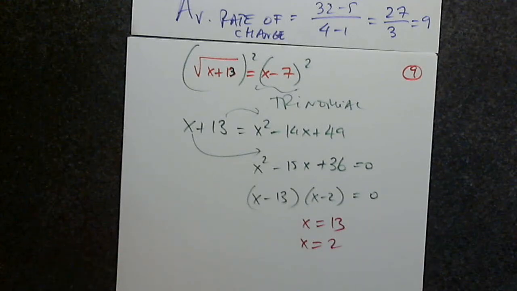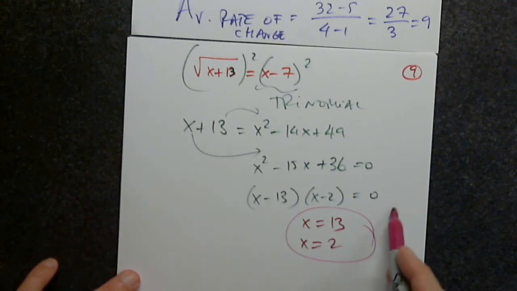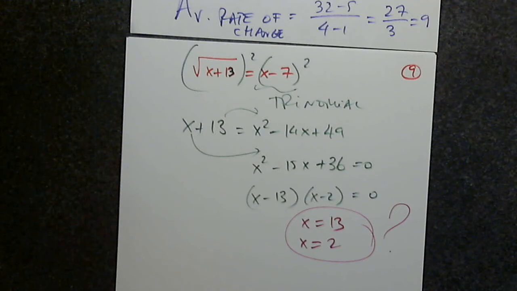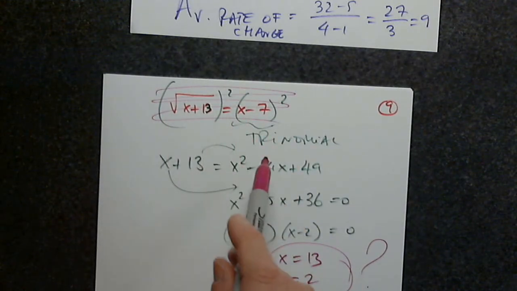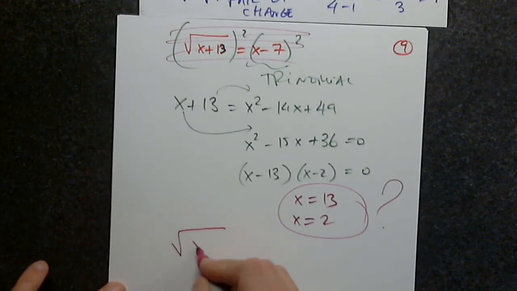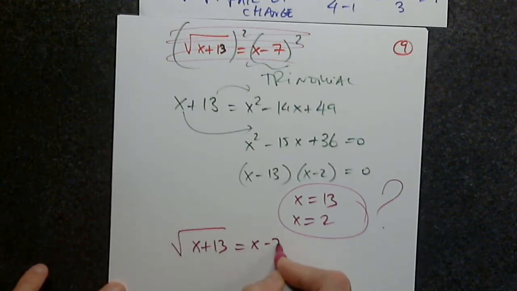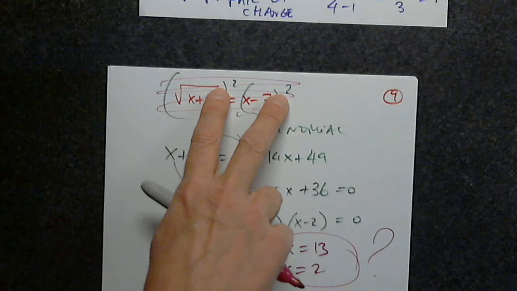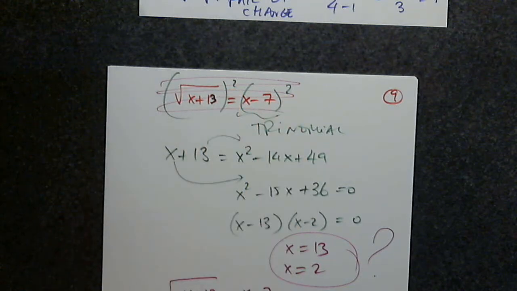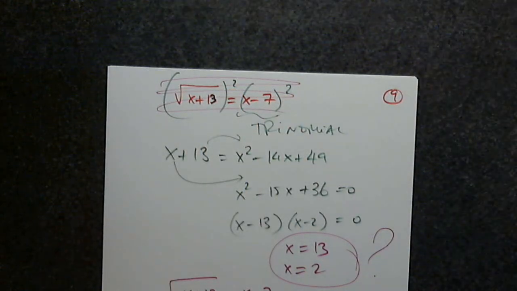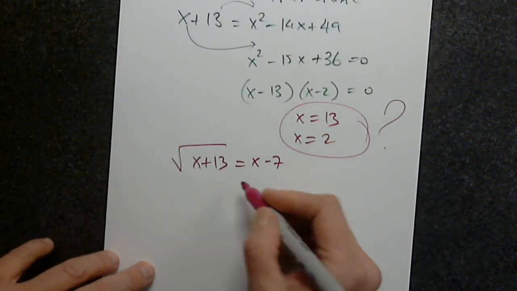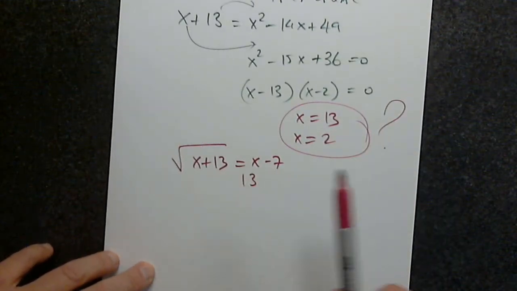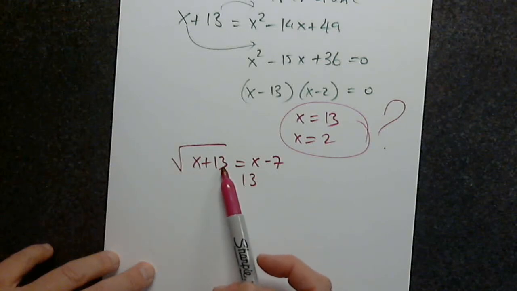We did not state a domain on this one, so we have no choice, but we have to go back and check. But you do not check here. This is not the original problem. This is. Because if you plug them in this, they will both work. But that's not what we are solving. This is what we are solving. So when you plug in 13, obviously it's going to be okay, because 13 plus 13,